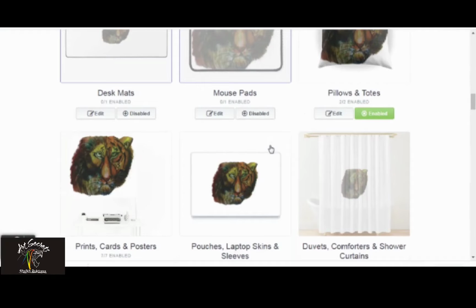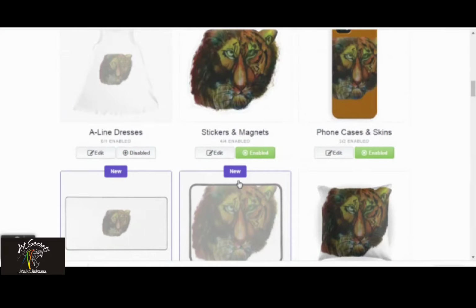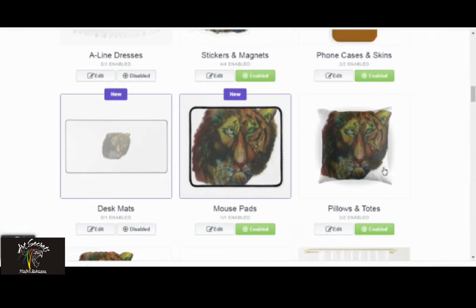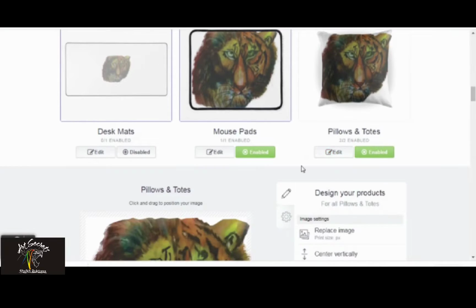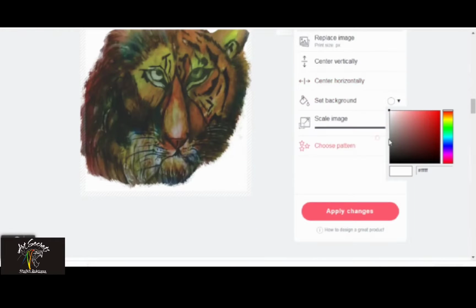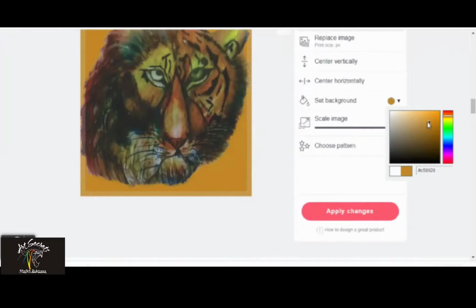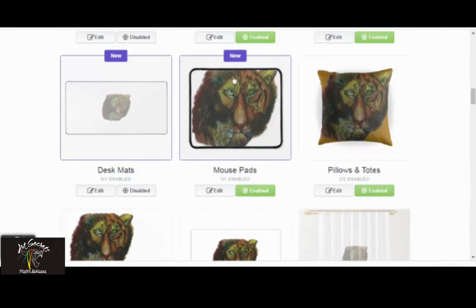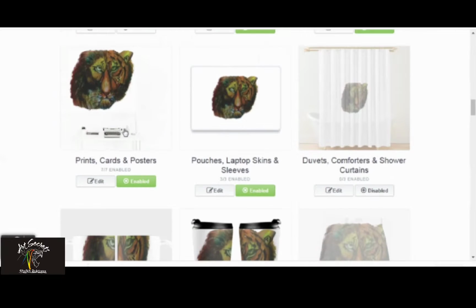You just have to keep seeing it, and you can drag it a little up so that you can really see the output, because sometimes the image which you have created looks different when it is used on a mobile or laptop cover. It doesn't look the same as it does over here. So you have to slide it up and down, and you can see the exact result of it, and accordingly you apply the changes.